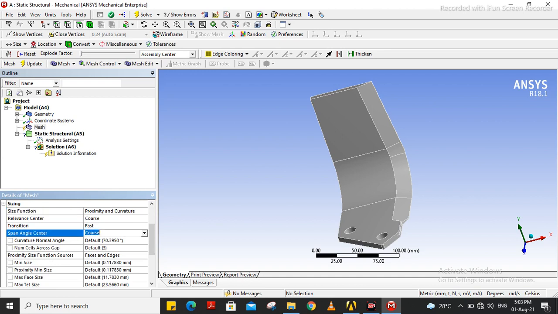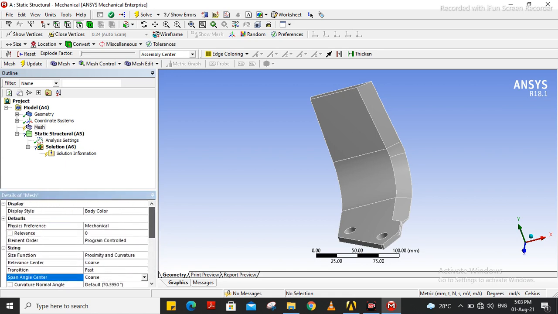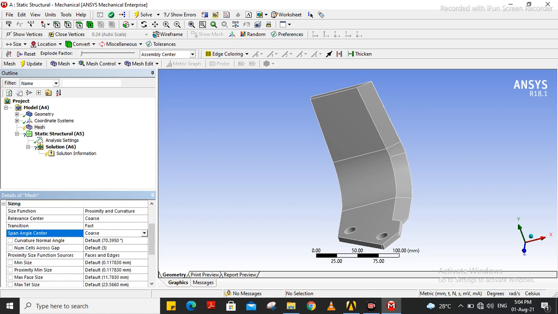Then span angle center, so we will take it as coarse, as we need to take only for the educational video. If it is selected as fine, then it will take some more time for analysis purpose.